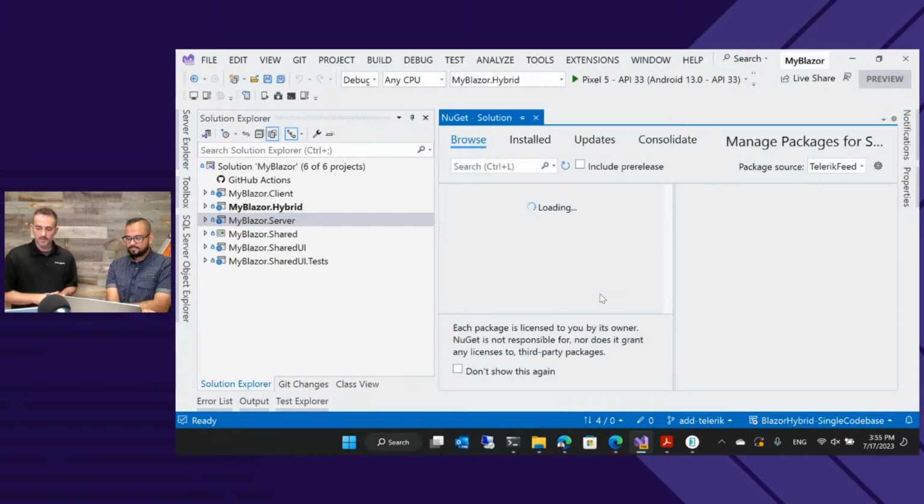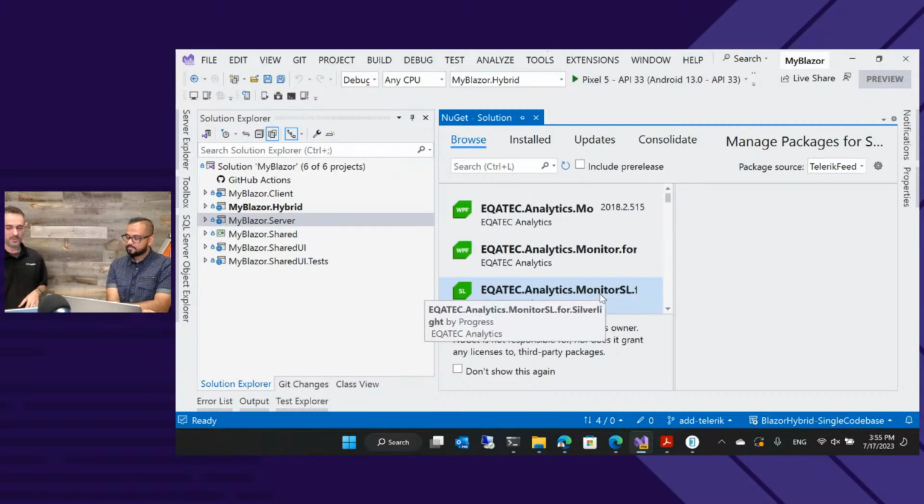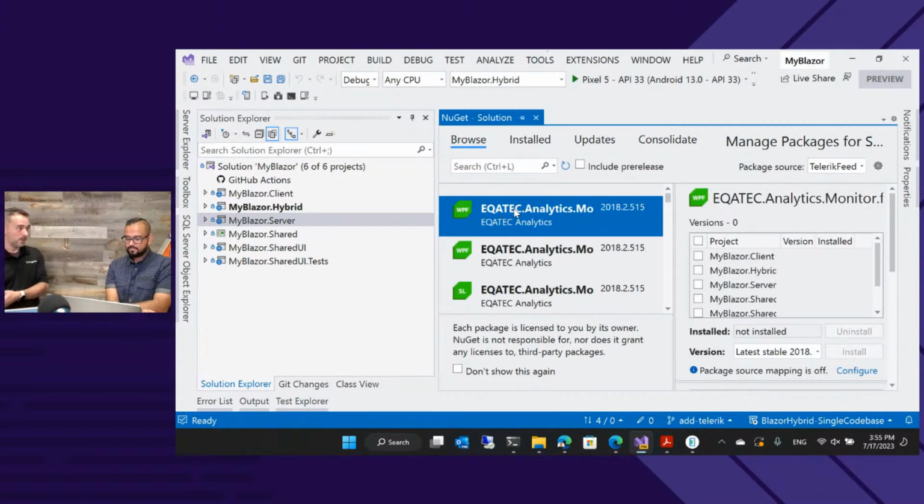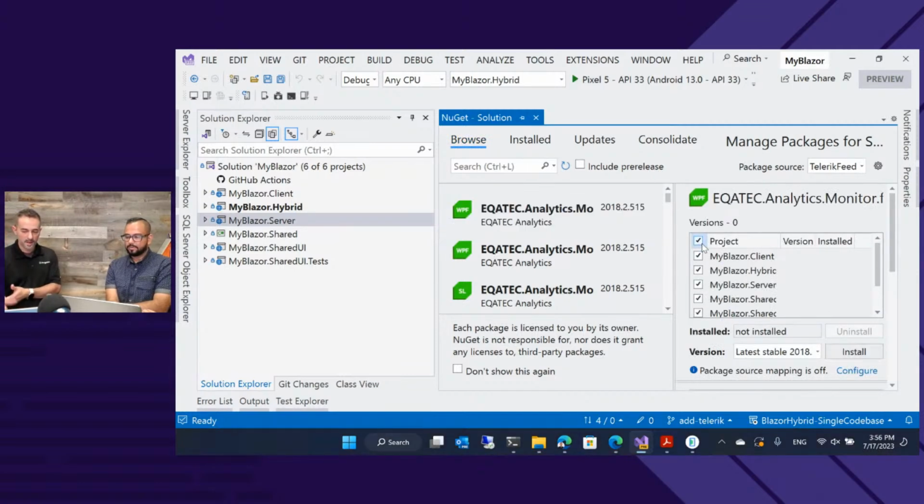And then in manage NuGet packages for solution, you can hit many projects at once. So let's see, I might have to actually install something for you to see this. There it goes. So you get this UI. You can come in here and just slap it on all the projects, or you can hit just the ones that you need, which would be client, shared, and server. So you're bringing in Telerik UI for Blazor inside all of the projects.